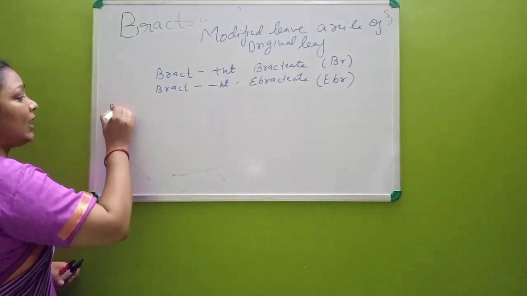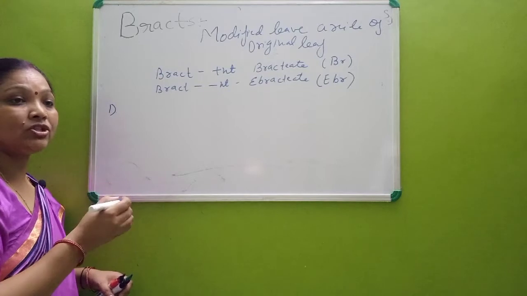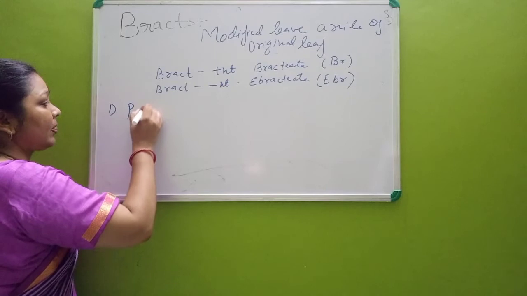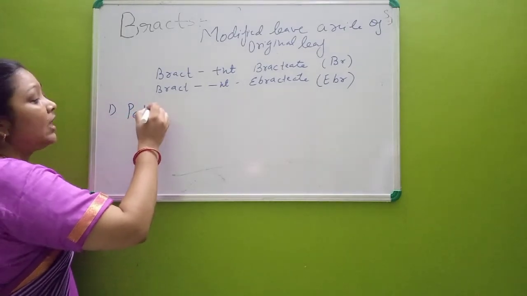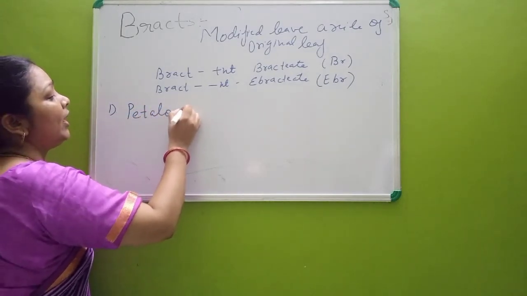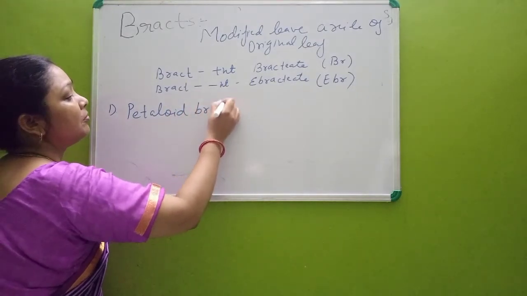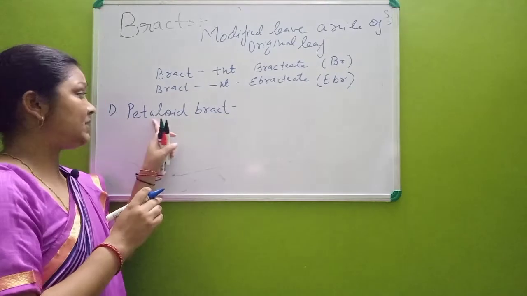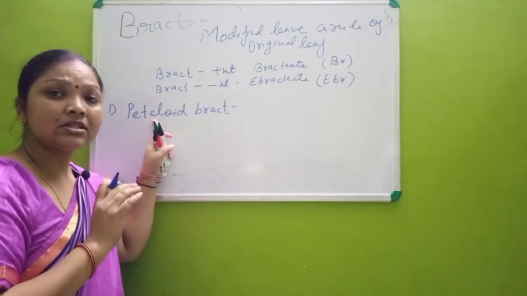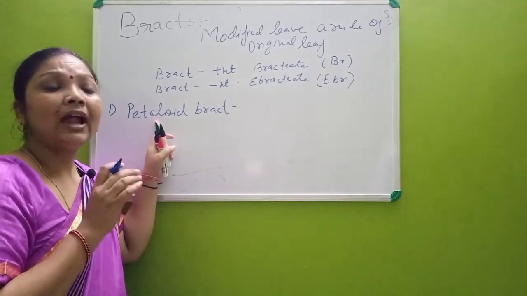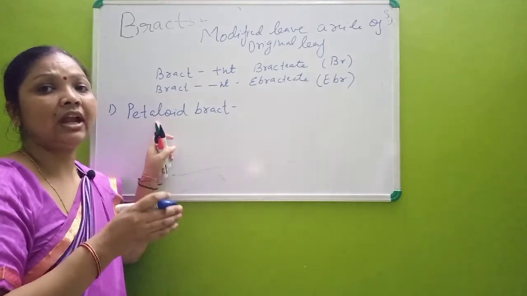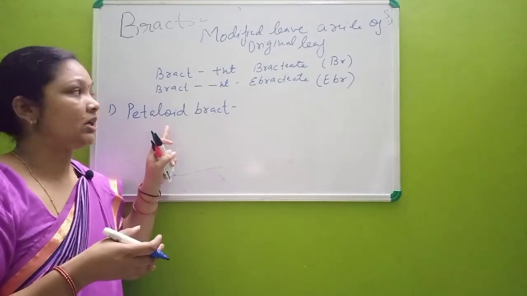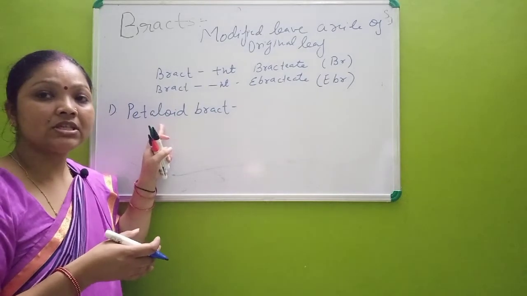The first, on the basis of function, is the petaloid bract. You will come to know that the leafy structure gets modified into petals or a petal-like structure. And the best example of this is